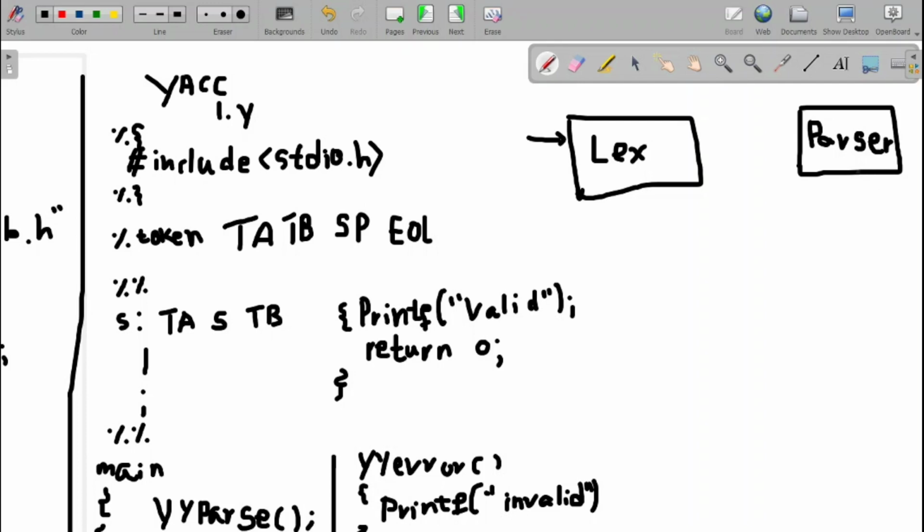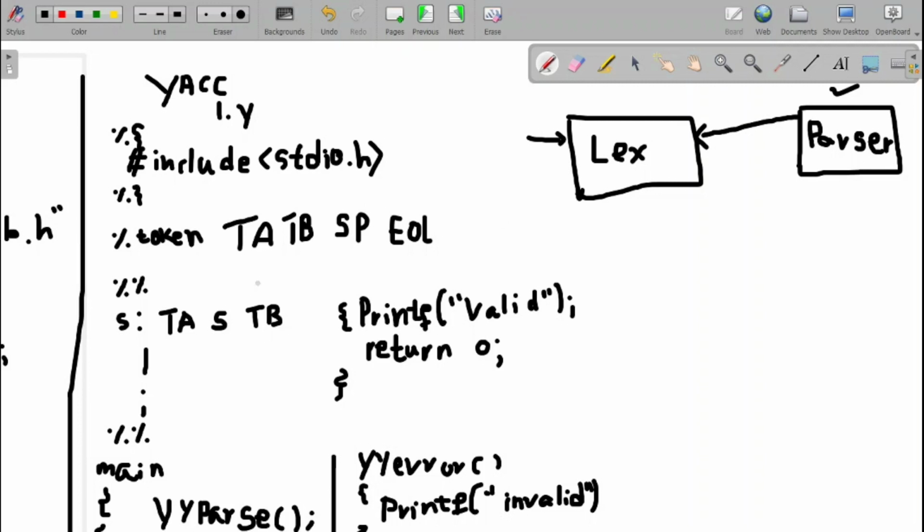So this parser, we call it yyparse. This is our high level routine, a part of the parser. Now when I call this yyparse, what happens? The parser is called, and it will call the lex internally.